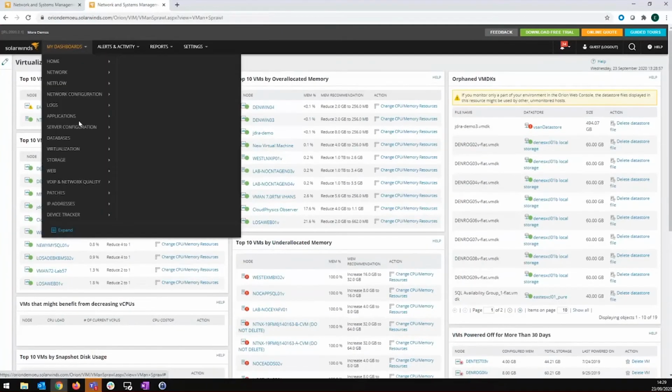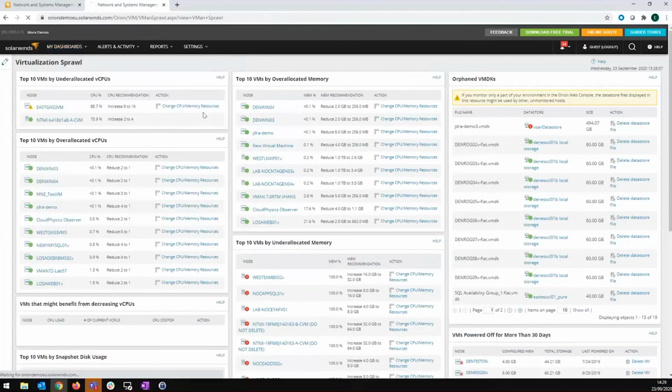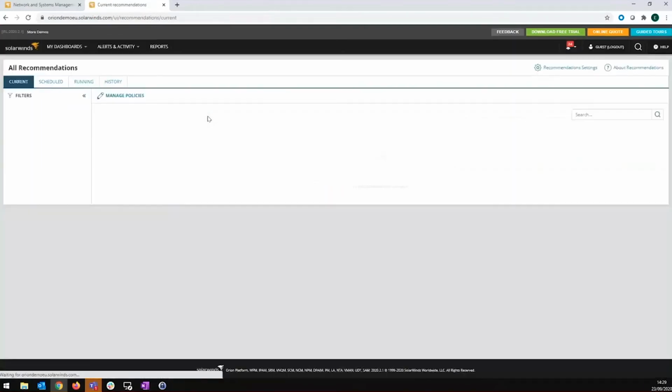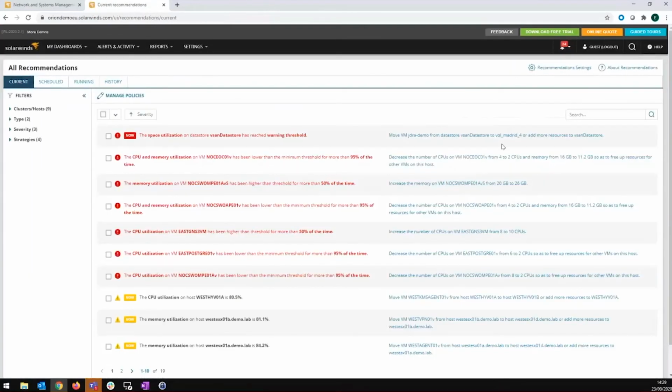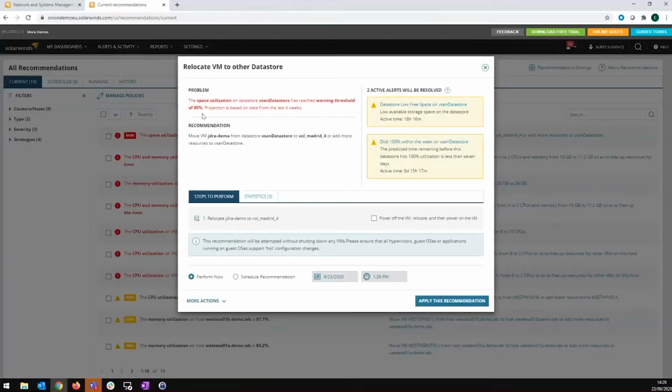And the recommendation engine of the Virtualization Manager presents this information in quite a simple and straightforward way. So it tells you specifically what the problem is and gives you a recommendation on how to fix it. In this case, it tells you that you don't have enough space in a specific data store, so it recommends moving one of the VMs which takes a lot of space to another data store in your cluster.